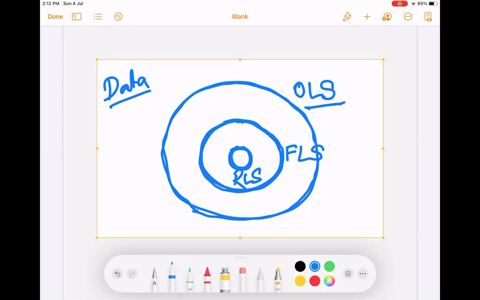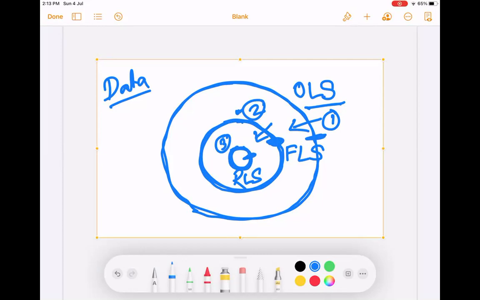Okay. So why these three circles? The circle is very important because if we do not pass the first round, the second level security has no value. Only if you have the first round security does the second level security make sense. And if you pass the second round, then the third level security makes sense. Quite similar to, you have heard about Mahabharata's tale of Chakravyu, right? Quite similar to that. Yes, sir. If you don't get past the first level, there's no point in giving you security at the second level. And if you don't get past these two levels, then there's no point giving security at the third level.